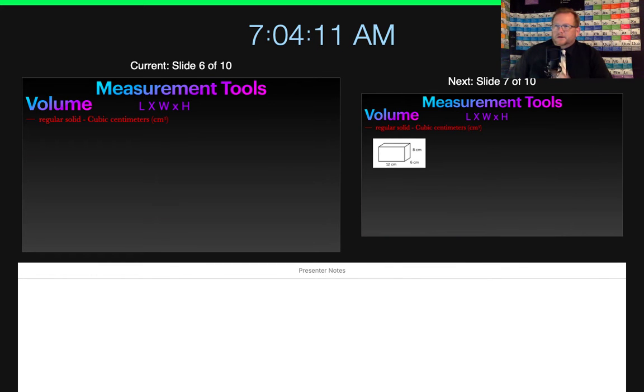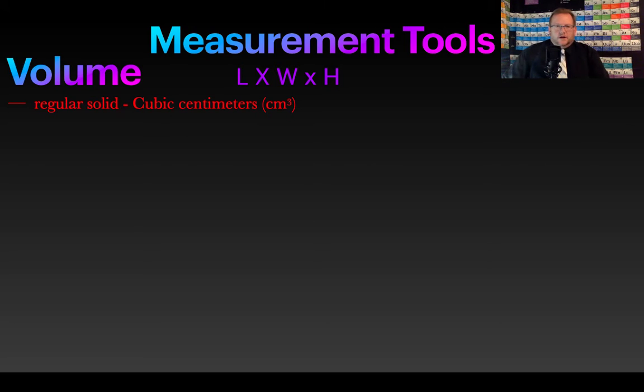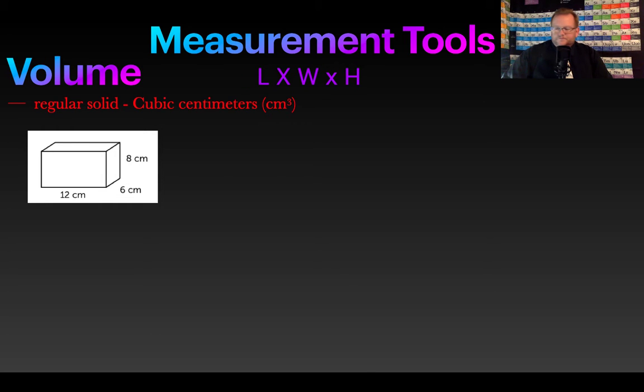All right, yesterday we had a discussion on the volume of liquids. Today we're going to discuss the volume of solids, both regular solids and irregular solids. So let's start with regular solids. Regular solids are measured in cubic centimeters, and the way we determine the volume of a regular solid,